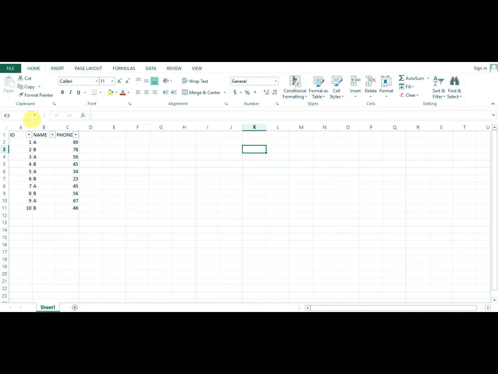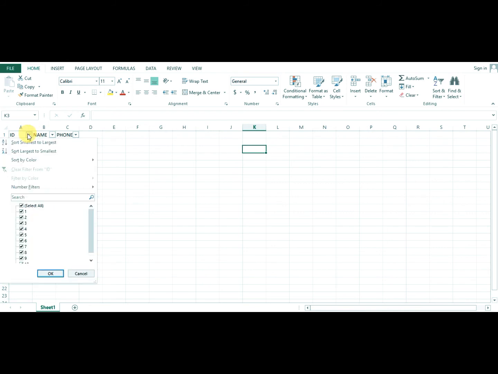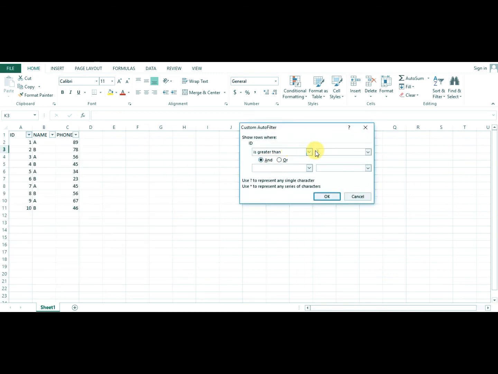I want to use custom filter on this column. Click on OK, and you can see custom filter under number filter. I want to use the greater than filter. Suppose I want to show values greater than 9.